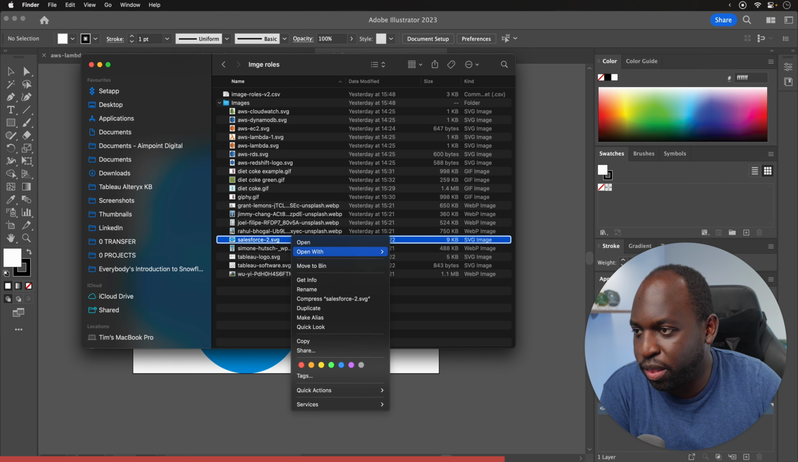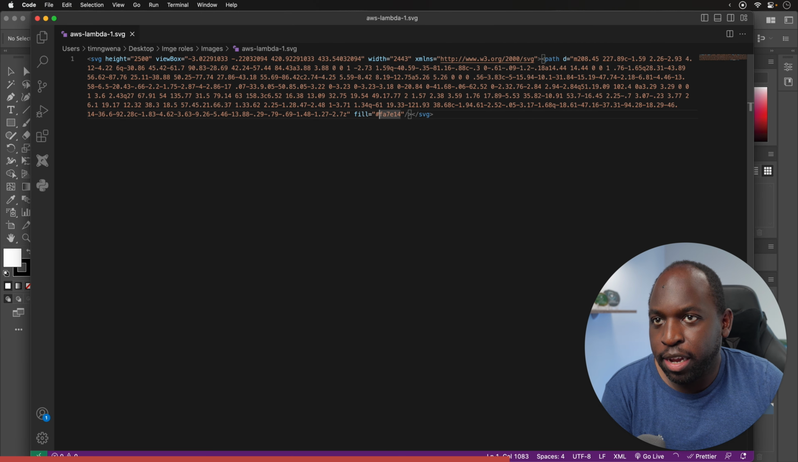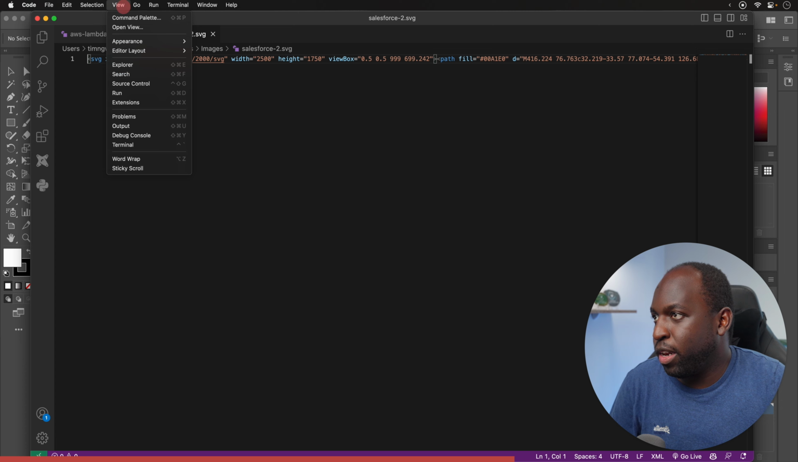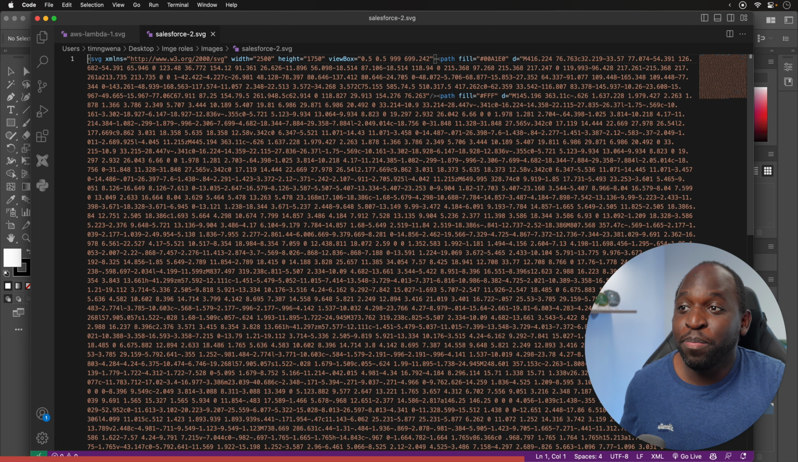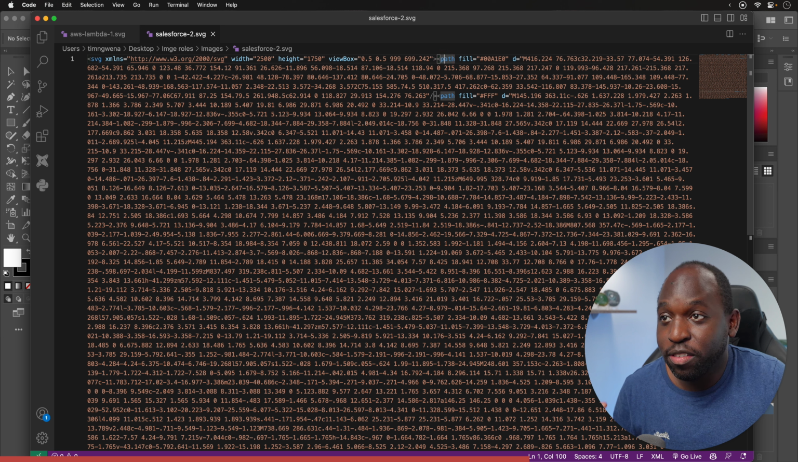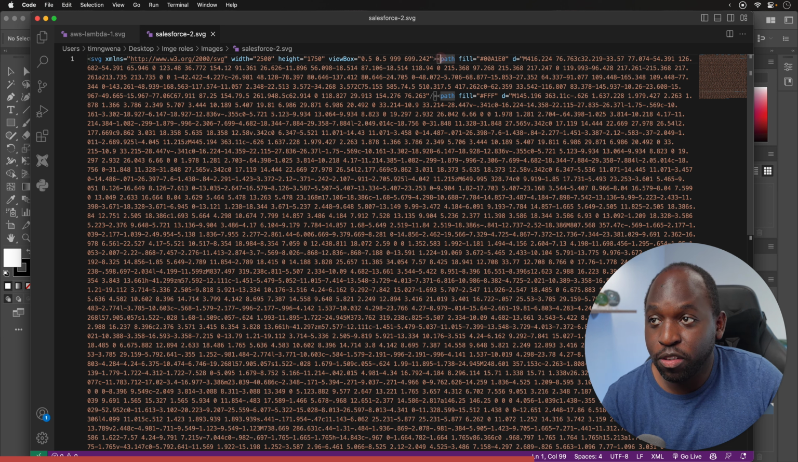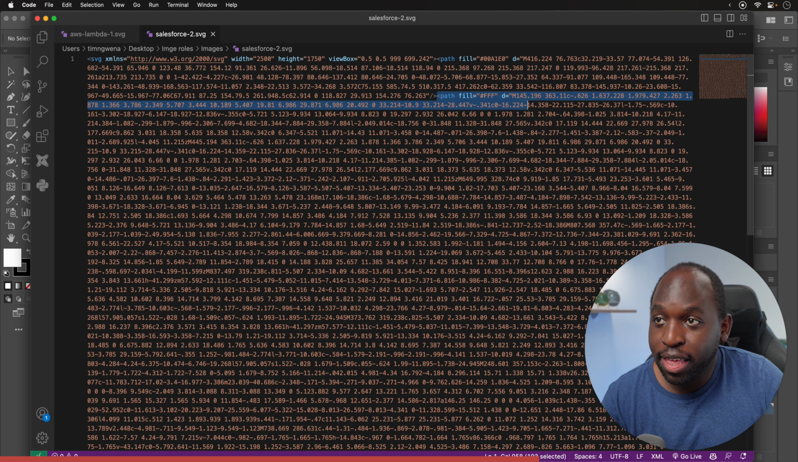Let's go back and open this in VS Code. And as soon as we're in there, you'll see, let's word wrap this. And so you can see, okay, this is a little bit more complicated, but the same sort of principle applies. You've got different paths. So you've got this path here, and you've got another path here, and they have slightly